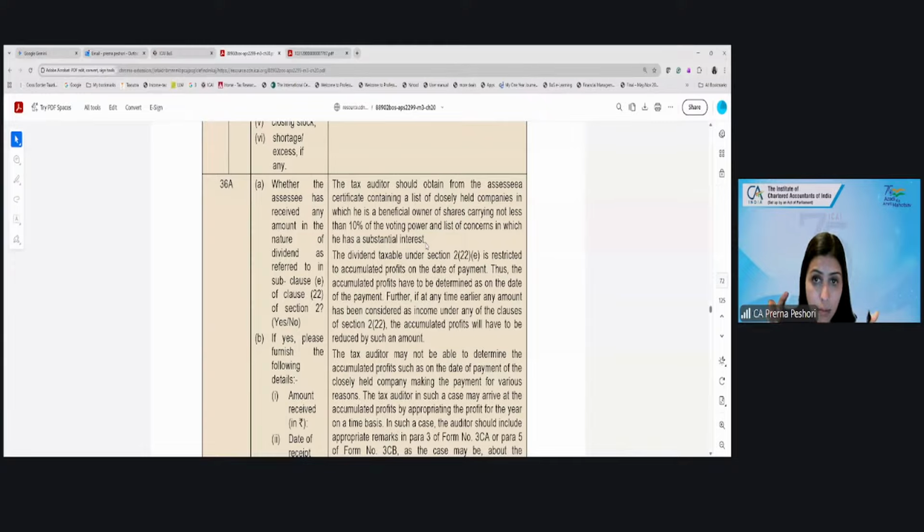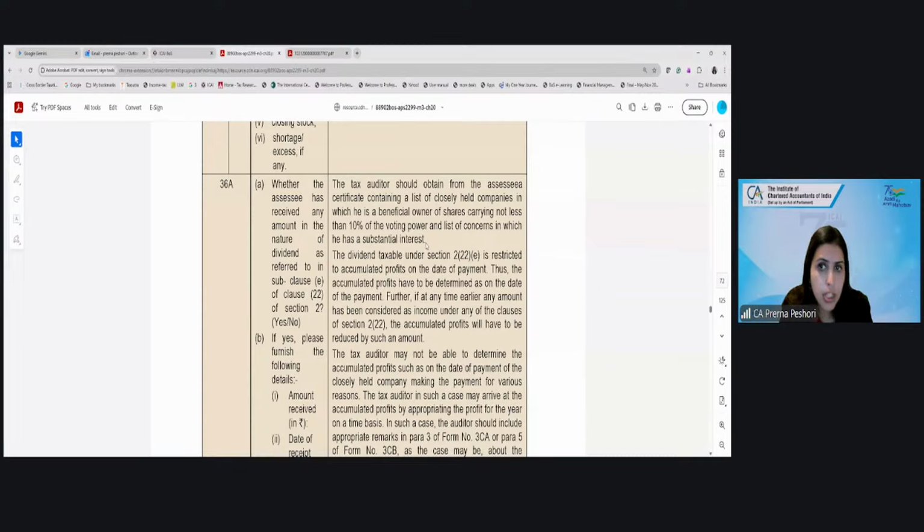Whether the assessee himself is not holding the shares, but let's say a partnership firm is there, it is not holding the shares itself in the company but through its partner, deemed dividend will be considered in the hands of the partnership firm or in the hands of the partner. So the registered shareholder is the partner, but the beneficial owner is, let's say, the partnership firm. So the tax auditor needs to see whether compliance has been done under the Companies Act.